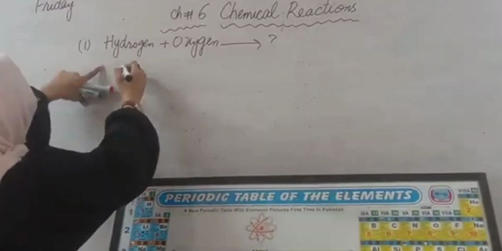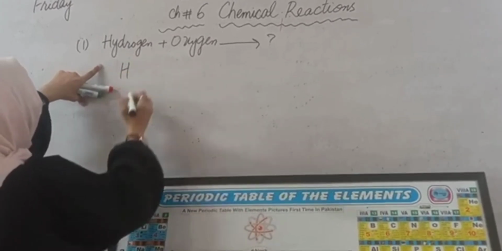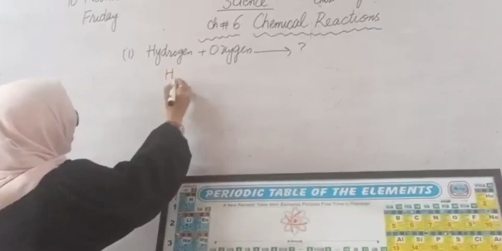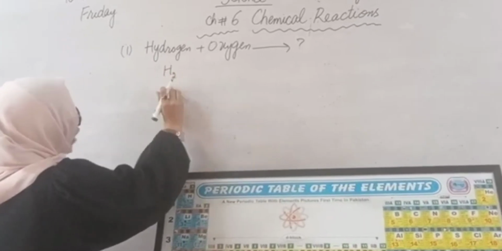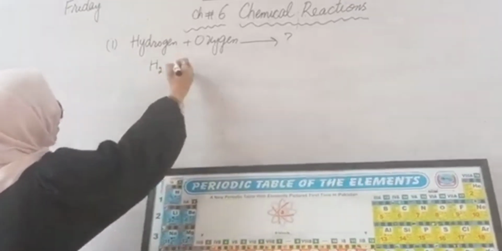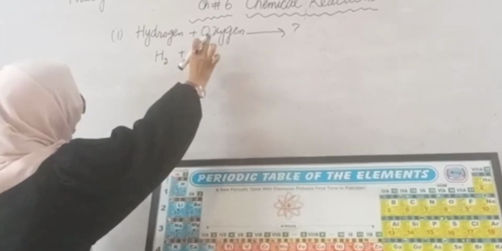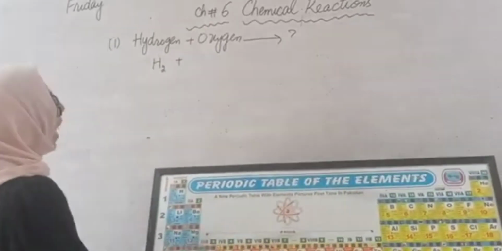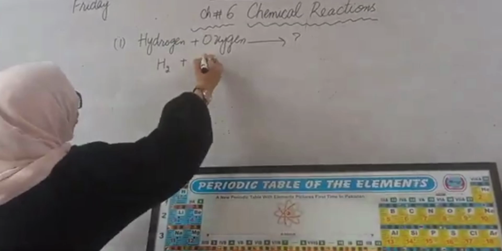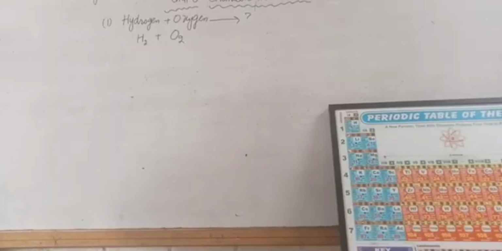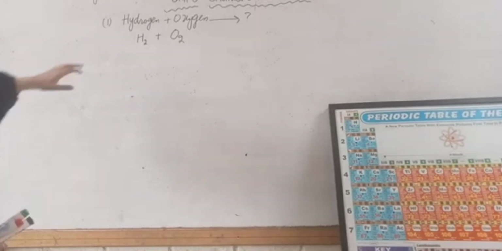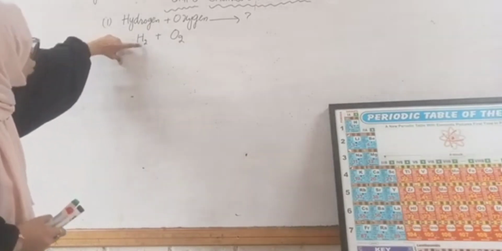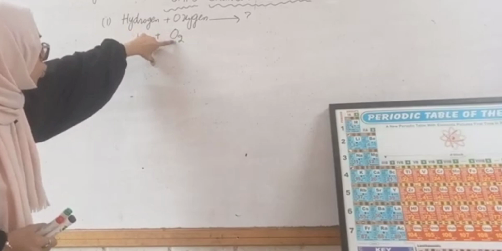As you know, hydrogen has symbol H, and it will exist in the di form. Di means 2. Next one is the oxygen. It is also a gas. It is also found in the divalent form of 2. One thing more, you know that we have written a rule that gases are found in the divalent form. So we have written H in the 2 form and O in the 2 form.